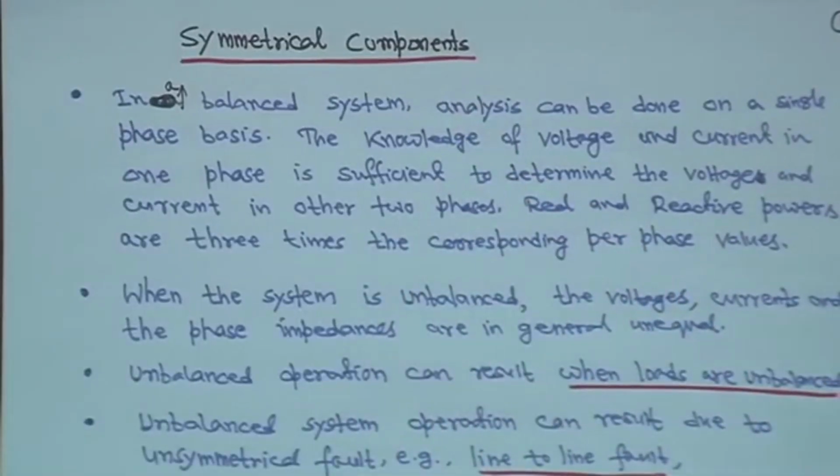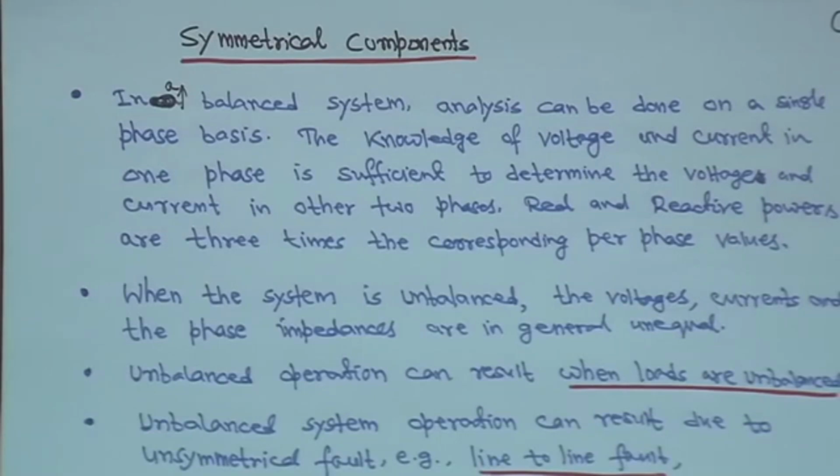So, generally in a balanced system, analysis can be done on a single phase basis, that we have seen also for three phase fault. The knowledge of voltage and current in one phase is sufficient to determine the voltage and current in the other two phases, because it is a balanced system. Real and reactive powers are 3 times the corresponding per phase values. So, that is for a balanced system, but when the system is unbalanced, the voltages, currents and the phase impedances